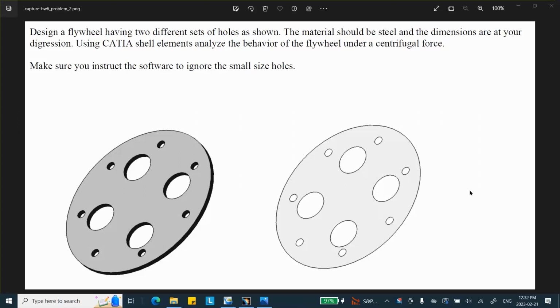Hi folks, this is homework number 5, problem number 2, and it's fairly open in the sense that it's left to you what dimension you want to choose, what material you want to choose, etc. But there are a zillion different ways of doing this problem. What I want to do in this homework is do this thing with shell elements first of all, and use